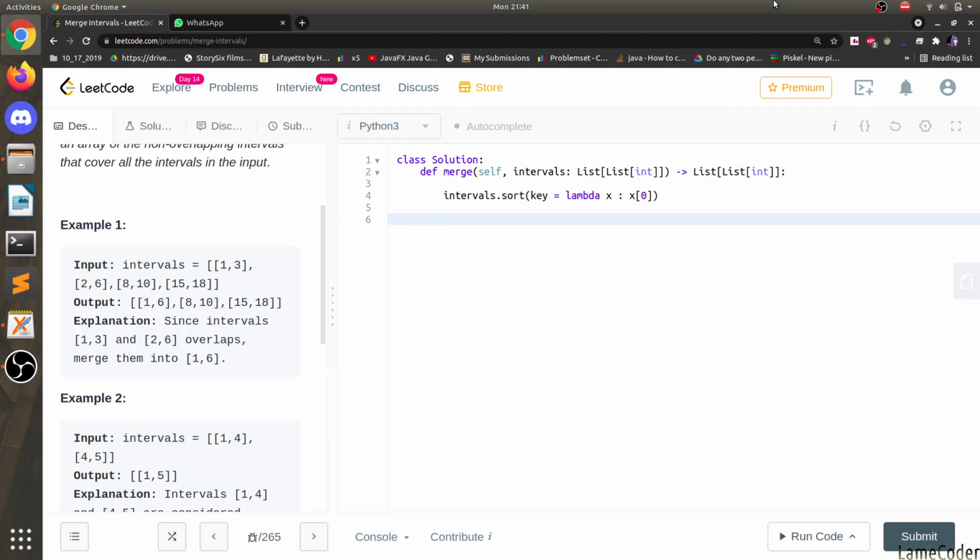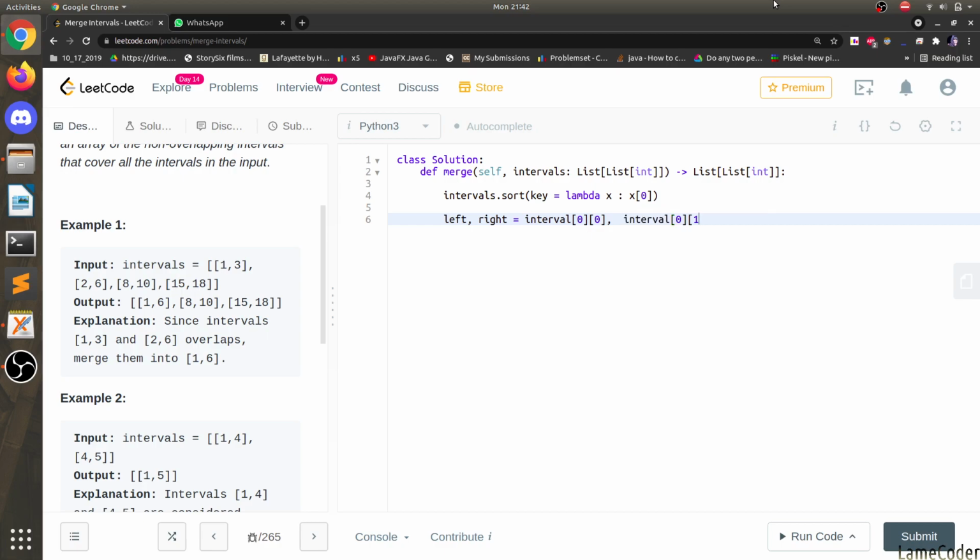Now initially left and right are set, and we have to return the result also. So left and right will be intervals[0][0], the first index, then the next index, intervals[0][1].